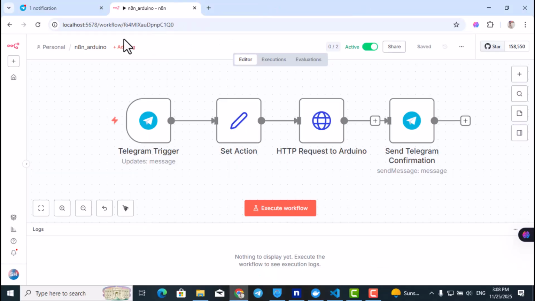We have this workflow. Telegram trigger listens for the messages from the Telegram. Set action node extracts on or off command from the message. HTTP request sends an HTTP request to Python Flask server, and Telegram confirmation, it sends a confirmation reply to the